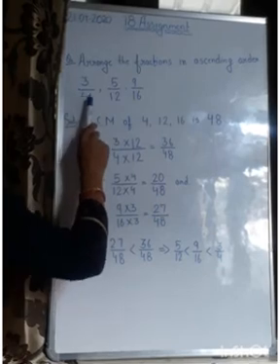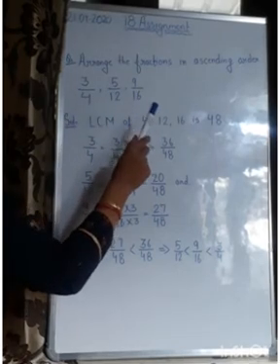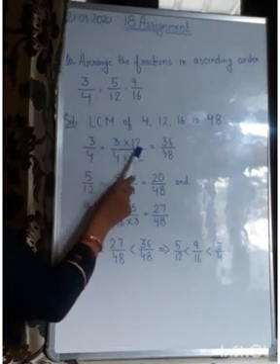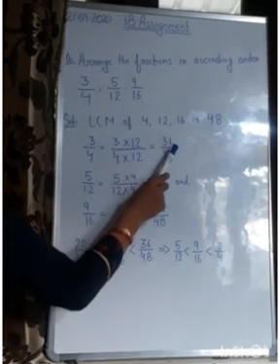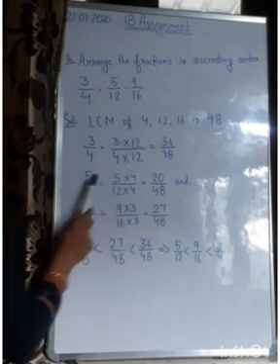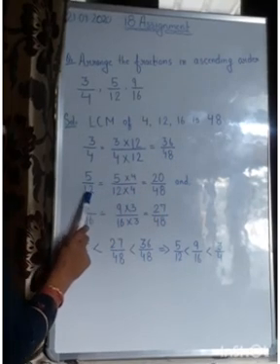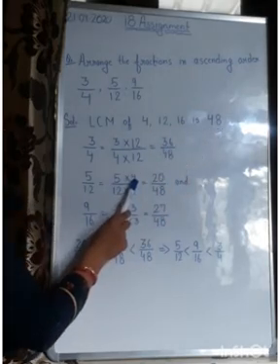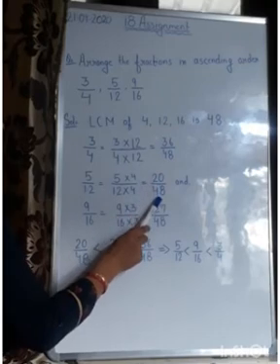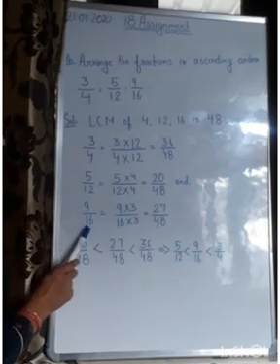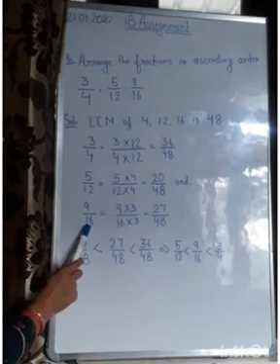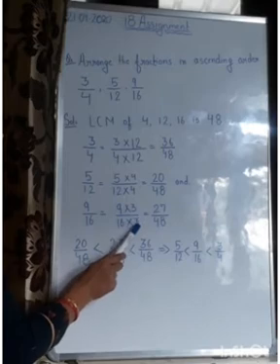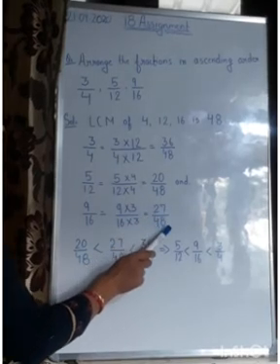Now you take the fractions one by one and convert them into equivalent like fractions. Here I have taken 3 by 4, and it will be 3 into 12 and 4 into 12. I am getting 36 upon 48. Now 5 by 12, for making this 12 equal to 48, I have multiplied the denominator as well as the numerator by 4, and I am getting 20 by 48. And the last one, that is 9 by 16. For getting 48 from 16, I have multiplied both the numerator as well as the denominator by 3. So I am getting 27 upon 48.